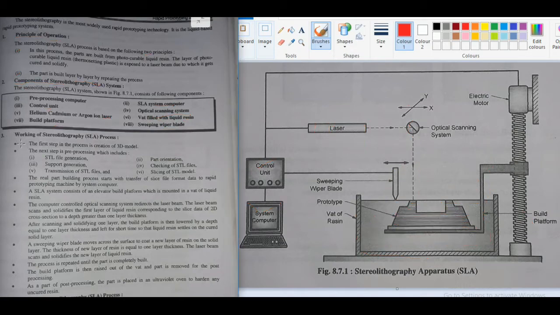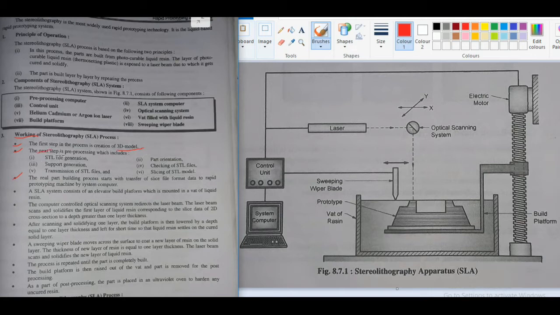Now friends, let's see the working of the stereolithography process. Here friends, these first, second and third steps are mostly common in every rapid prototyping system. The first step is to create the 3D model.